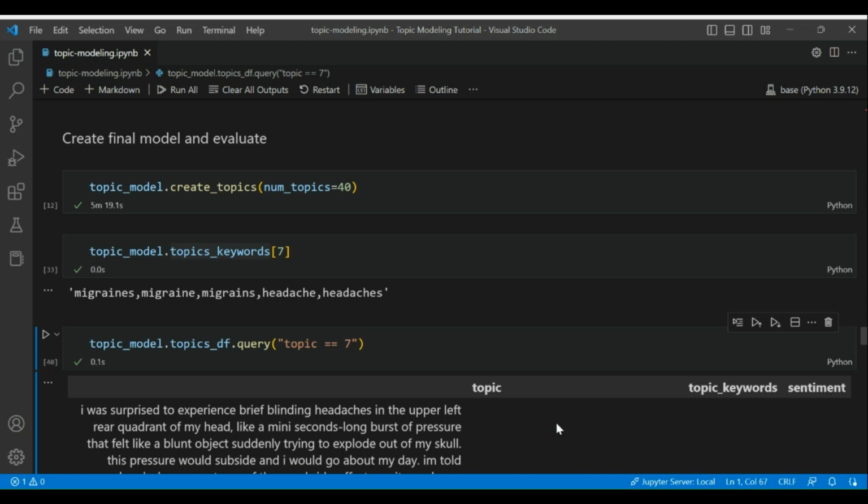Hi everybody, today we're going to talk about topic modeling in Python. And basically what we're going to do is put together some K-means clustering, some word embeddings, and some pre-trained sentiment models from the Hugging Face platform, which interface with TensorFlow and PyTorch and stuff like that, in order to create